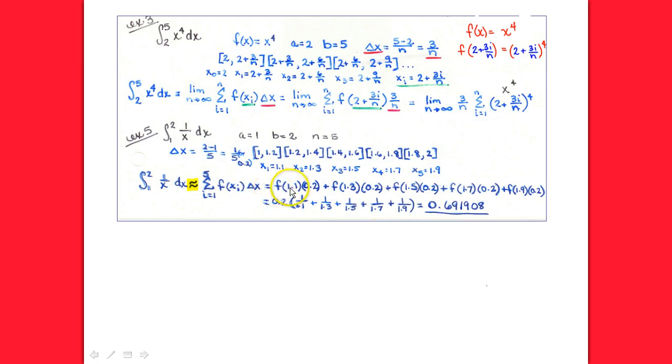Now, if I'm looking for f of 1.1, that literally means take 1.1 and put it in the place of x in that function. So since this is the reciprocal function, it's just going to be 1 over 1.1. So down here we have 1 over 1.1. Since every one of these has the change in x, I'm just going to factor out that change in x out in front to save myself the work of multiplying by it every time. I'll just multiply at the end. So here we've plugged in 1.1 into the function, plug in 1.3, 1.5, 1.7, 1.9, and then we can come up with that approximation. Again, this is just an approximate value